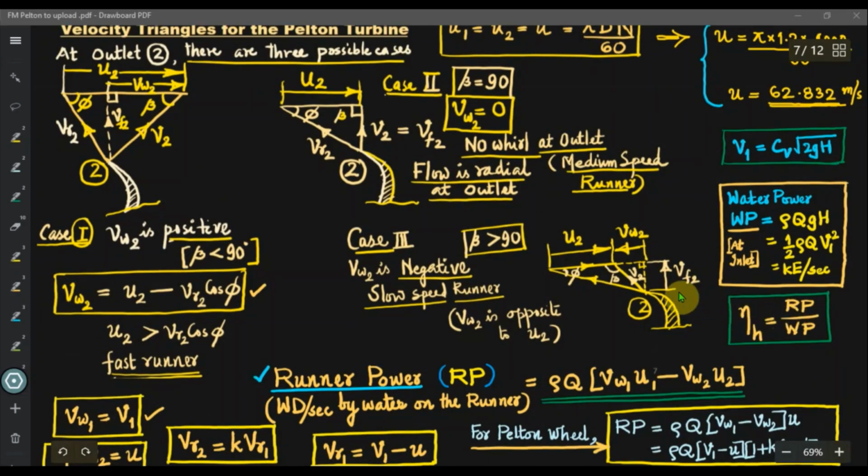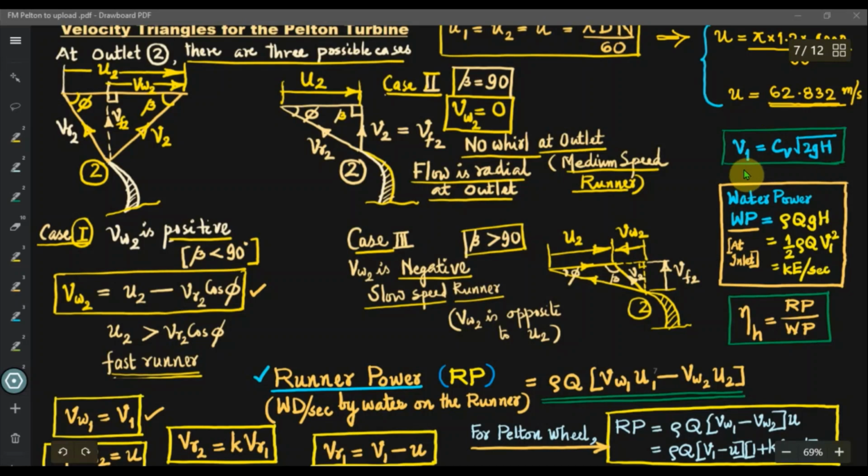So if you require the help of various velocity triangles in different cases, these are the velocity triangles which we discussed the other day. Of course, we need not use all of them together. We require a sample velocity triangle for finding out the whirl component of velocity at outlet, preferably the first one when Vw2 is positive.